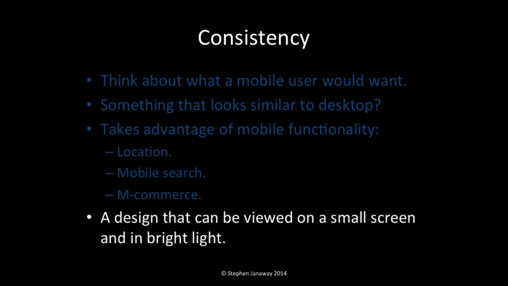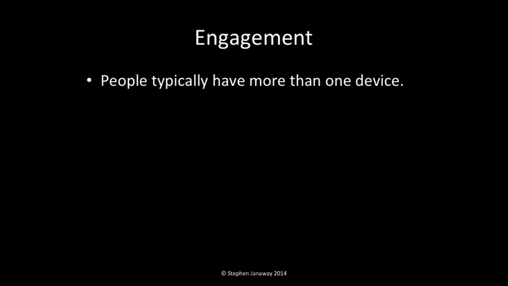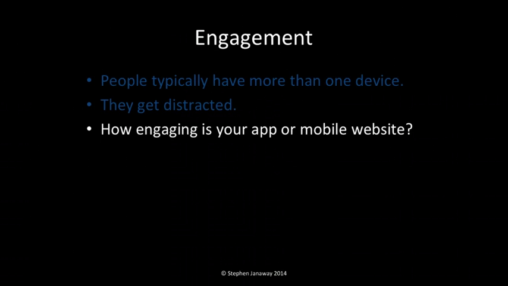So don't forget about usability and visibility in bright light, because it's all about how they engage with your app. People now are typically having maybe more than one device. They've maybe got a phone and a Kindle, or a phone and a smartwatch, or sometimes two phones. So they get distracted easily, and what you need is an application or a mobile website that really engages them. So think about that when you're testing. Think about, is it engaging me? If I was a bit distracted, would I be paying attention to this, or would I be paying attention to something else? Because that's what really makes an application give that sense of wow.